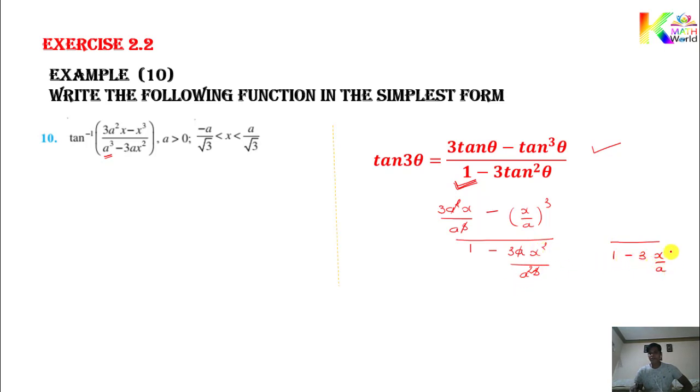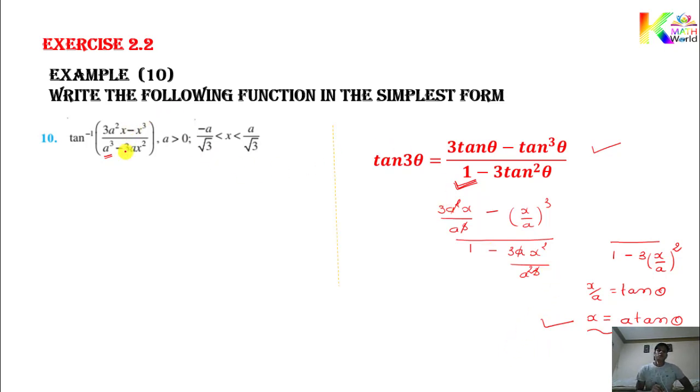So I can write it as x by a. I just wrote the denominator. Why? Because we want to set this kind of formula: 1 minus 3 tan square theta. It means here we need to set tan. What should be our assumption? x by a equals tan theta. That should be our assumption. Then what can we write? x equals a tan theta. So this will be your substitution, and our calculation will start from here.